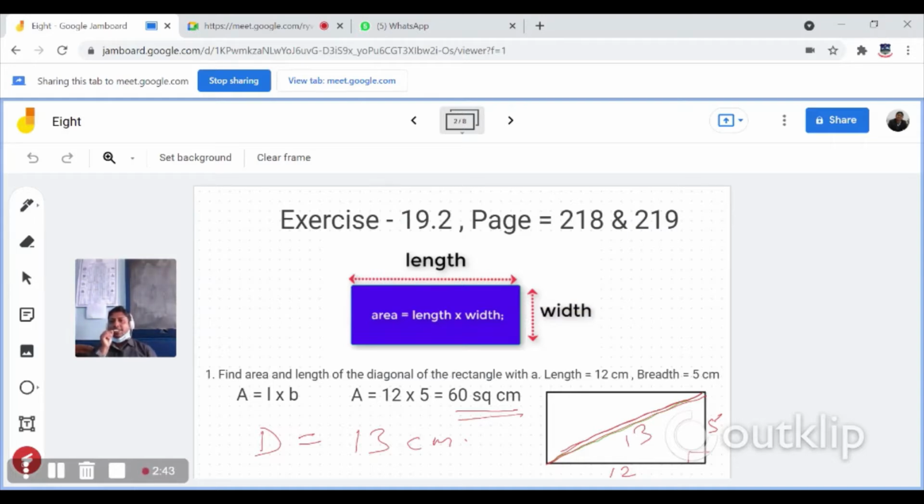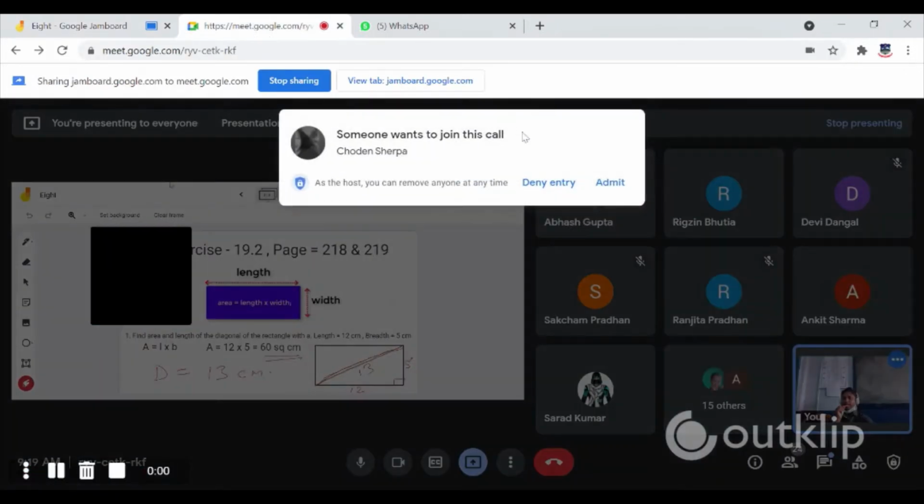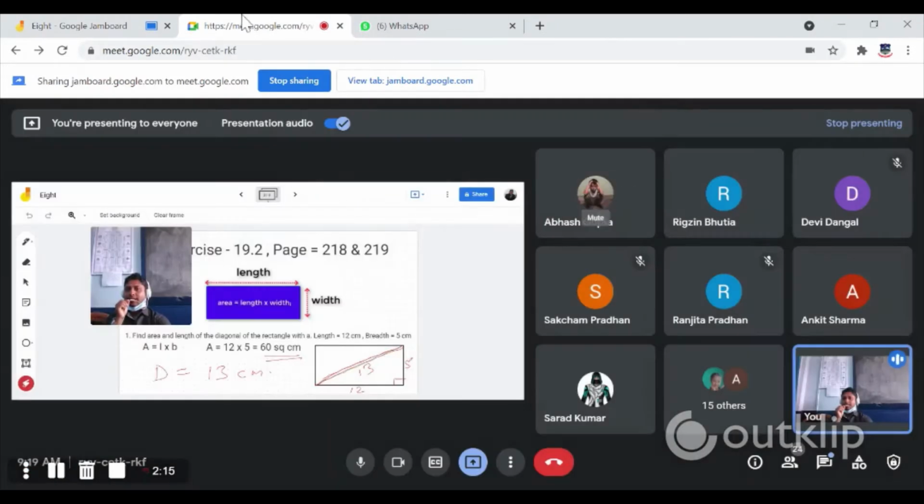Now the question is, you need to find the area. Area means, suppose you are standing here. Suppose this is me. If I start traveling this way, then I come this way, then I turn right, and again I reach back to that same place. That means I cover the entire ground, corner to corner. That means they are asking, what is my total area? So the formula is, area is length into width, or it is called length into breadth. Is it clear?